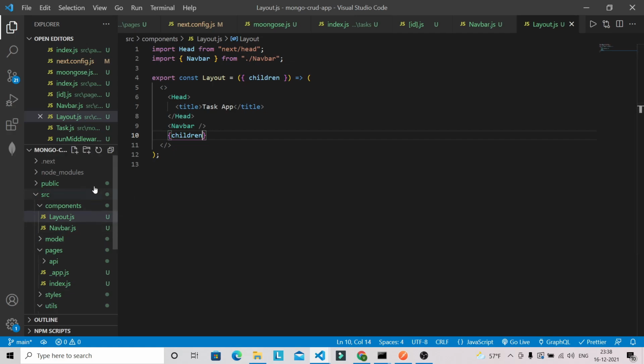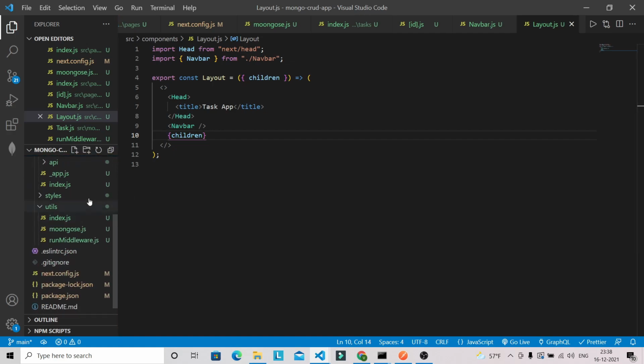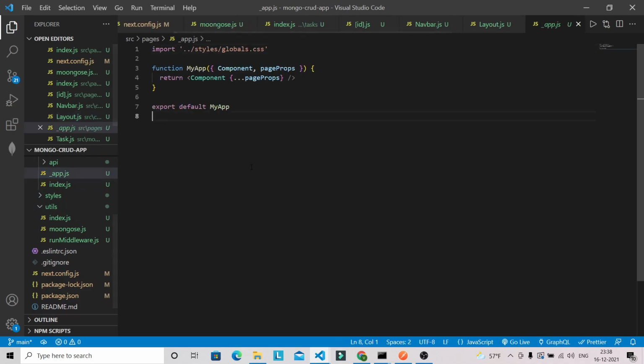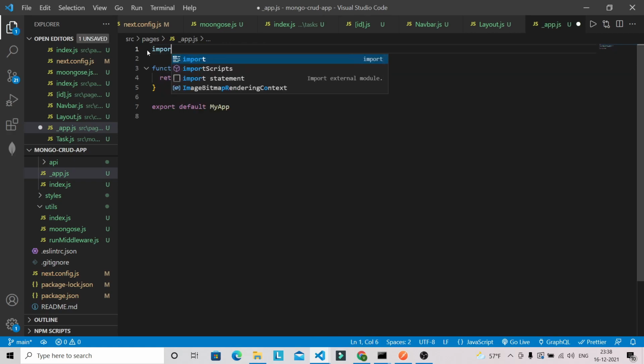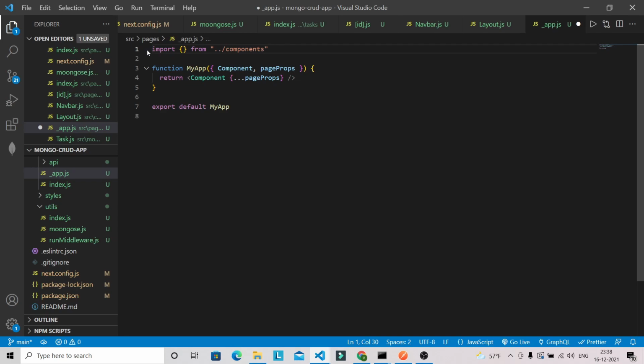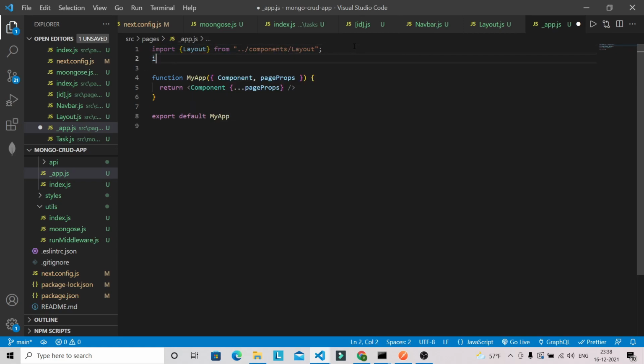Now let's go into the app.js file here, and here we are not going to use this styling. Let's first bring the Layout from our components folder. Okay, so Layout, and we are also going to use Semantic UI in this project. So we need to bring the Semantic UI CSS.